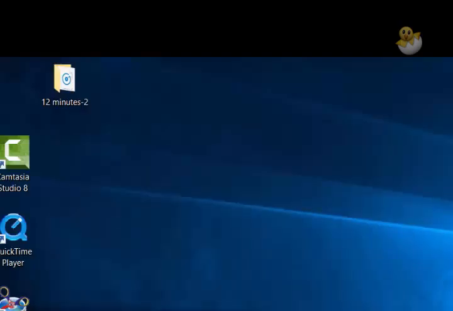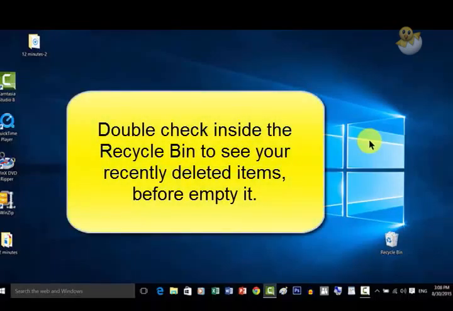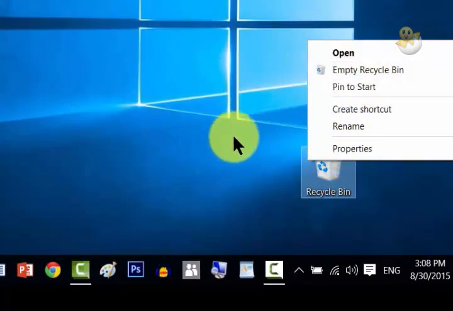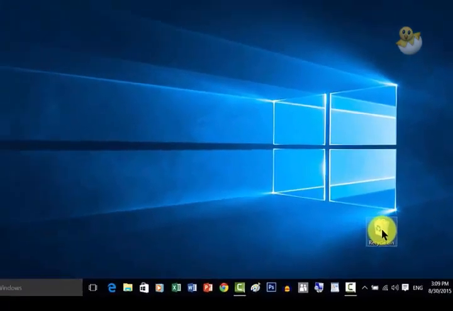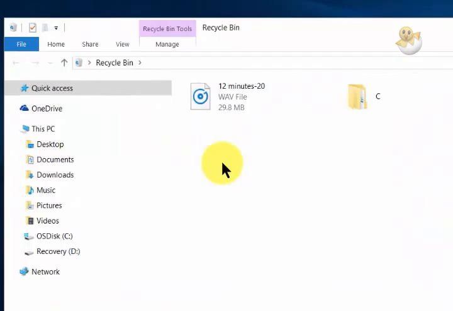One advice. Before you empty your recycle bin, please double click the recycle bin to see what you are going to delete. Then empty the recycle bin. You can just simply right click on the recycle bin and say empty the recycle bin, but I'm not doing that. I'm just going to double click and then I'm seeing, oh, these are the 2 files that I said I don't want. Now if I click